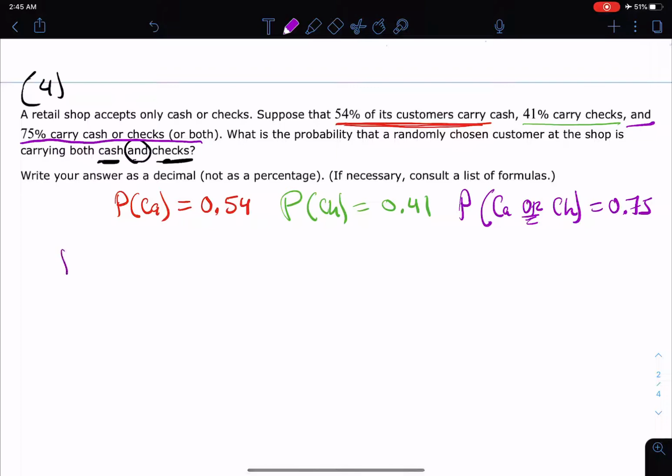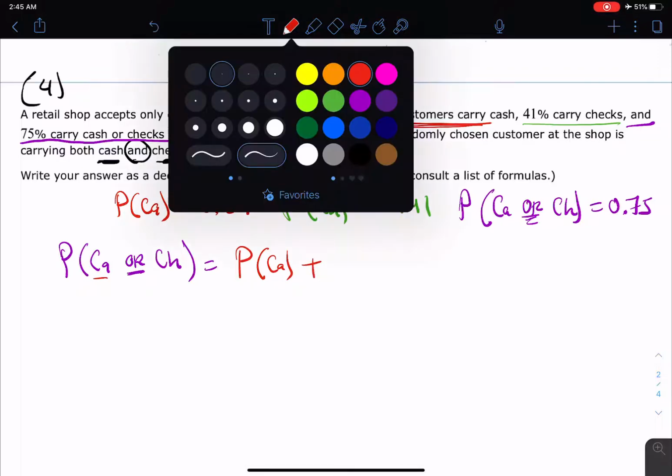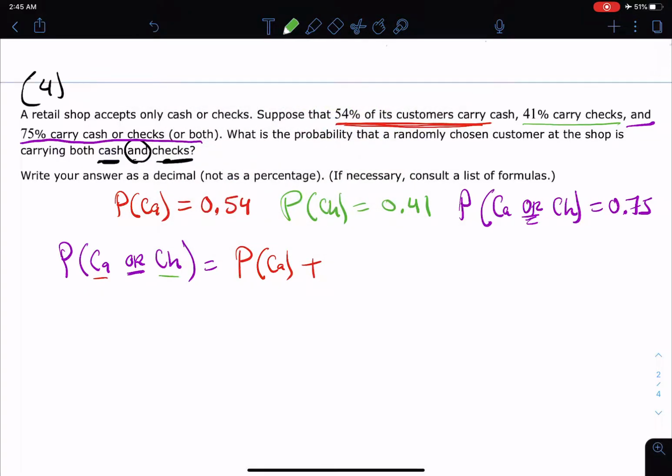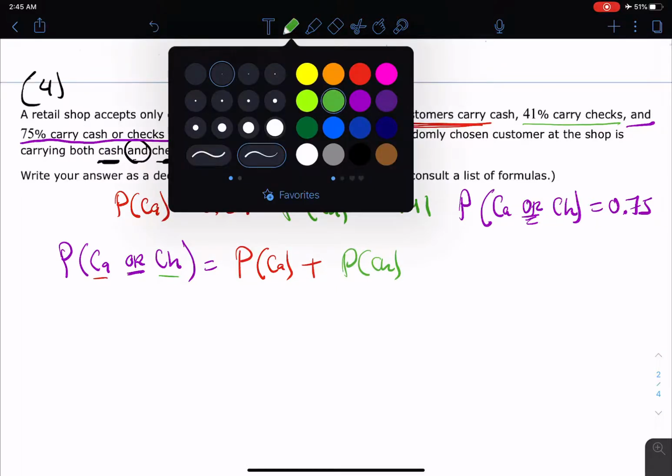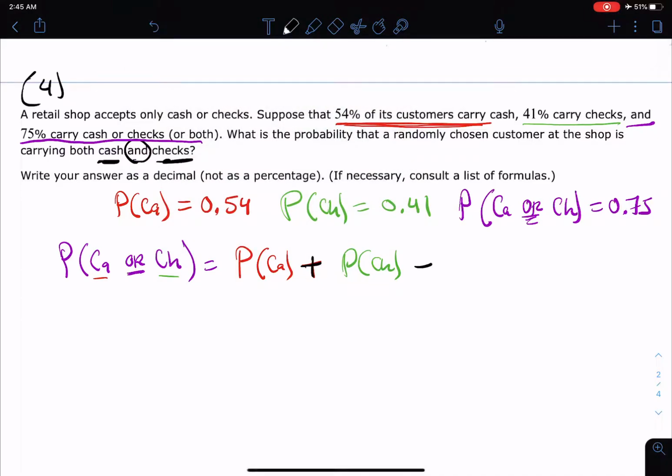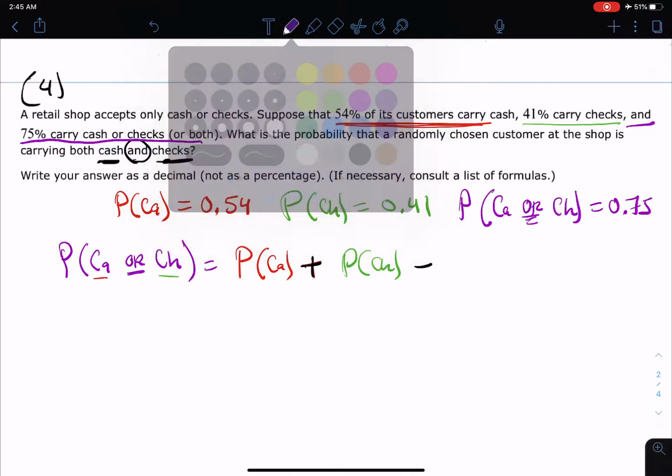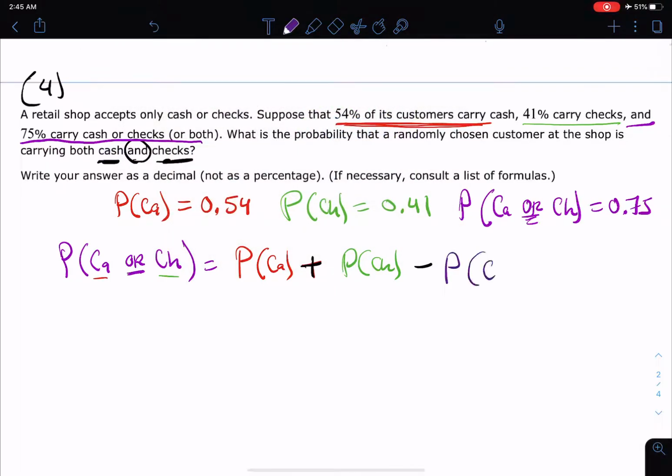Remember the formula that says if you have the probability of an event and then the word or another event, that's simply going to be, I'm just trying to color coordinate this so we can see it, the probability of the first thing, which was the probability of cash, plus the probability of the second thing, which is the probability of checks. And then we have to subtract out the overlap, if there is any, which is the and, probability of cash and,